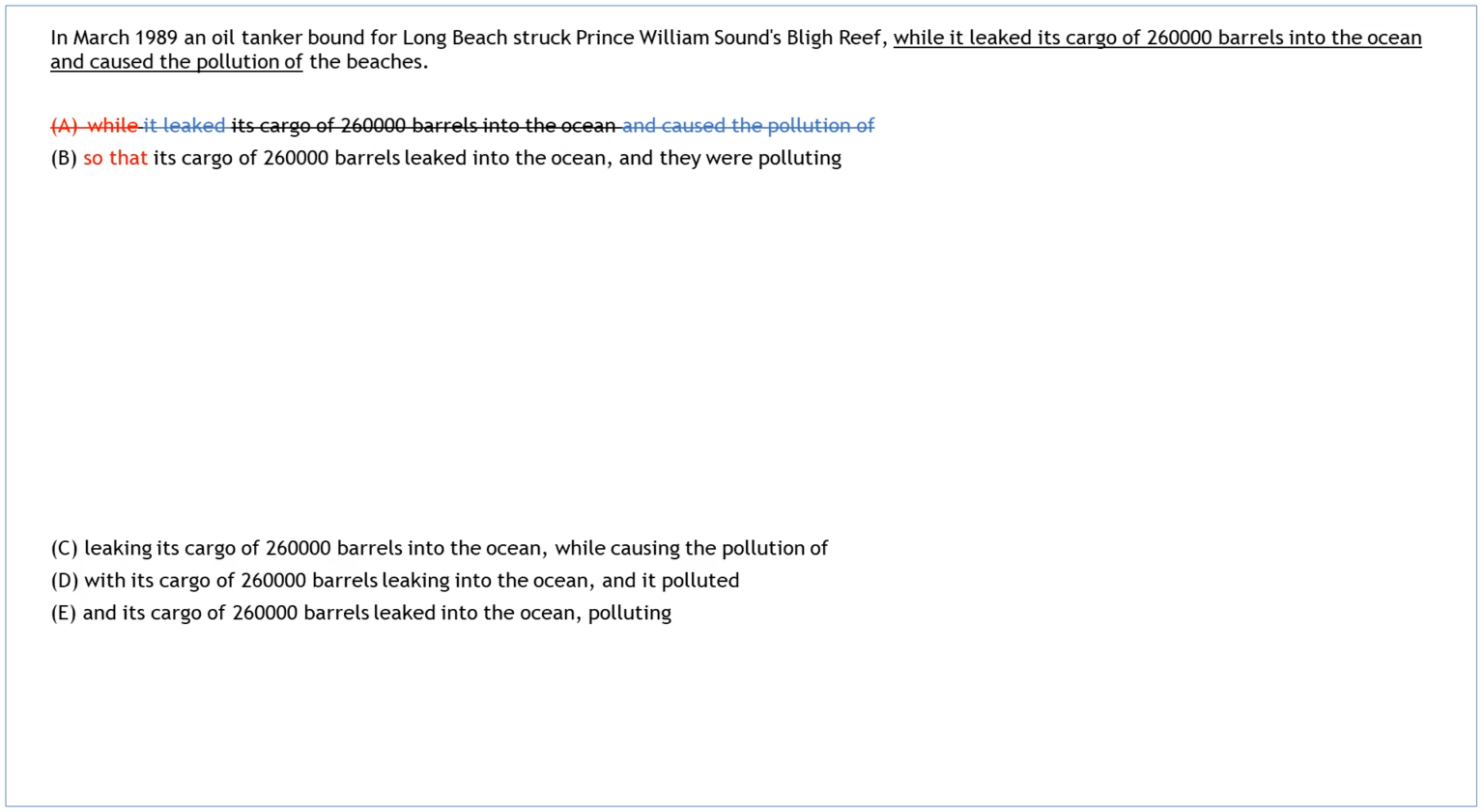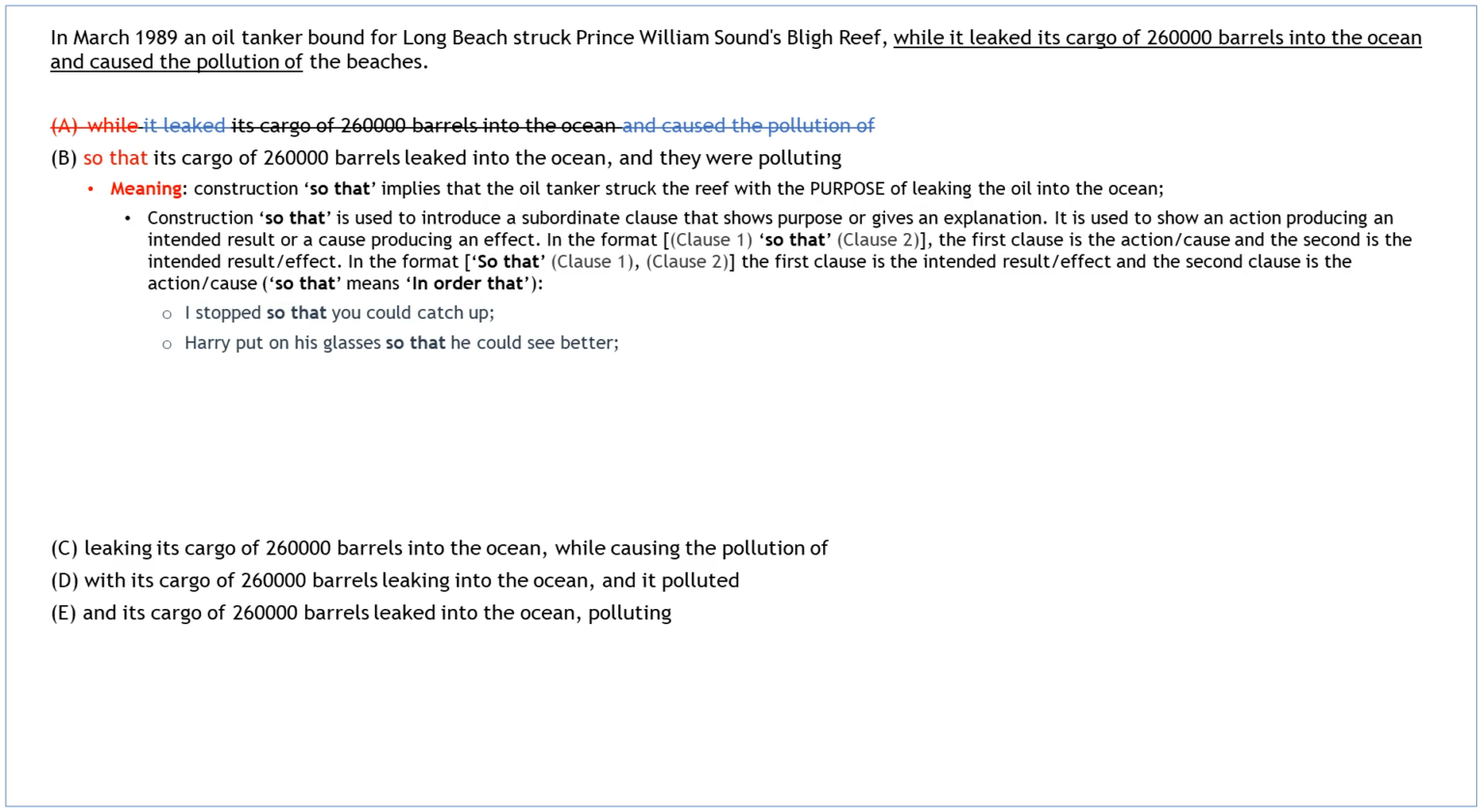In this answer choice, the construction "so that" implies that the oil tanker struck the reef with the purpose of leaking the oil into the ocean. In general, such a conjunction is used to introduce a subordinate clause that shows purpose or gives an explanation. It is used to show an action producing an intended result or a cause producing an effect. In the format "clause 1, so that, clause 2," the first clause is the action, cause, and the second is